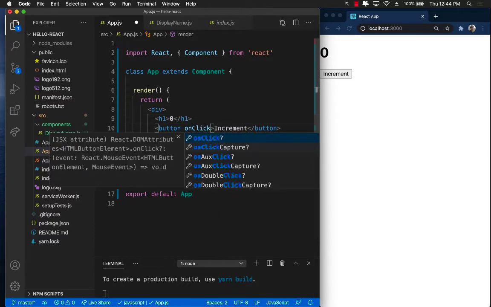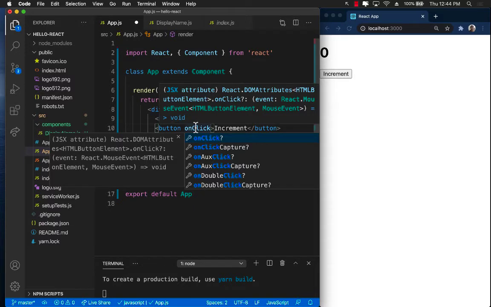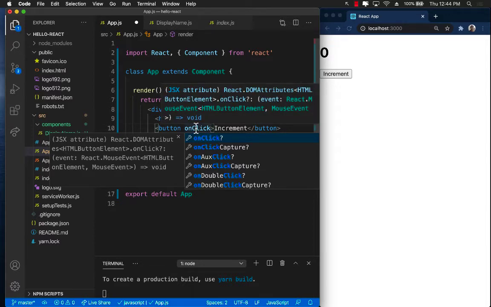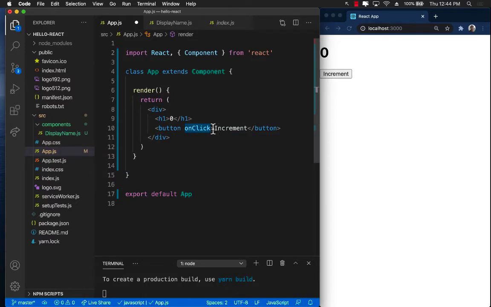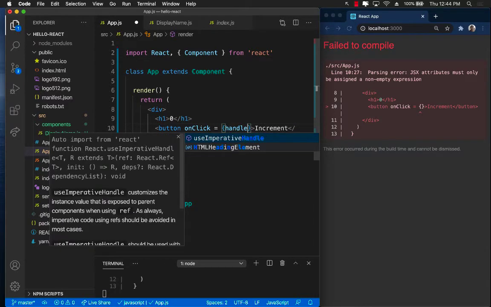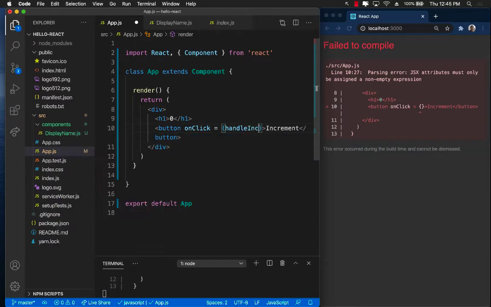Now one thing you will note over here is that in plain old JavaScript you will use the onclick with a small c, but this is not plain JavaScript. This is called JSX, and you have to use the onClick with a capital C because this is all virtual DOM. Equals to, and then some sort of a function that we will define over here. So I'm just going to call it handle increment